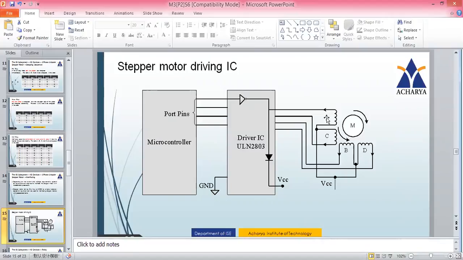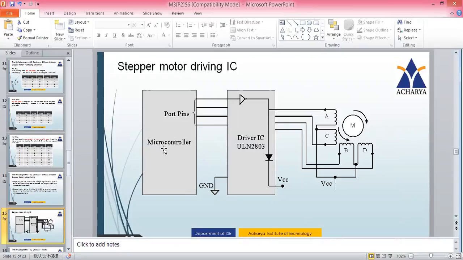The physical component, that is the stepper motor, we are going to connect to the driver board. And that driver board will be connected to the ports, that is, the 8255 we saw, right? So it is connected to the 8255 IC of the controller, that is microcontrollers or microprocessors. The entire communication is happening through the port pins.